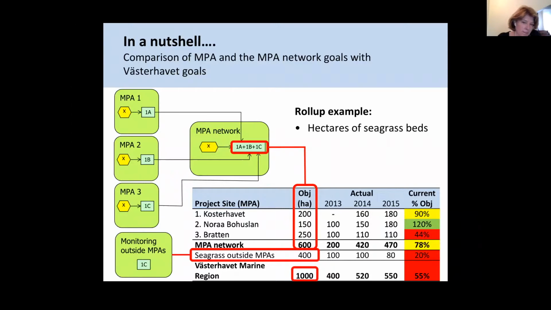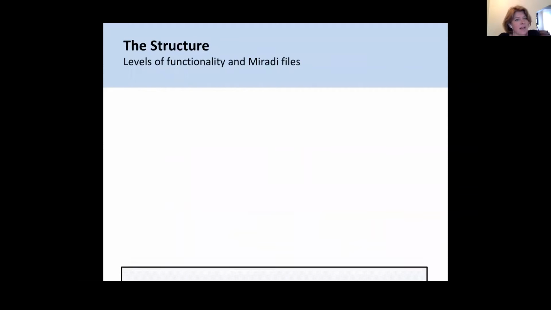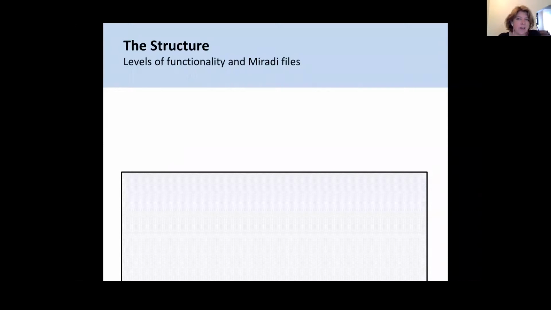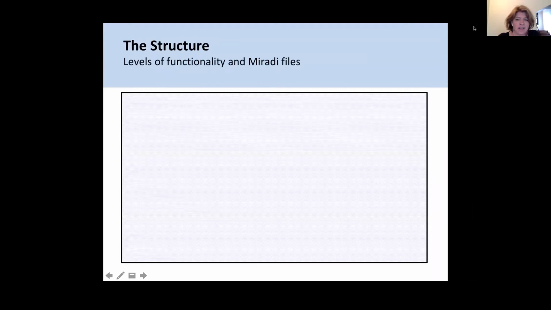Now, the interesting challenge for us was to design a system using Miradi and Miradi Share that could handle this kind of complexity of, let's say, nested hierarchies. And this is how we tried to design, think about the structure of this challenge. So the big rectangle,